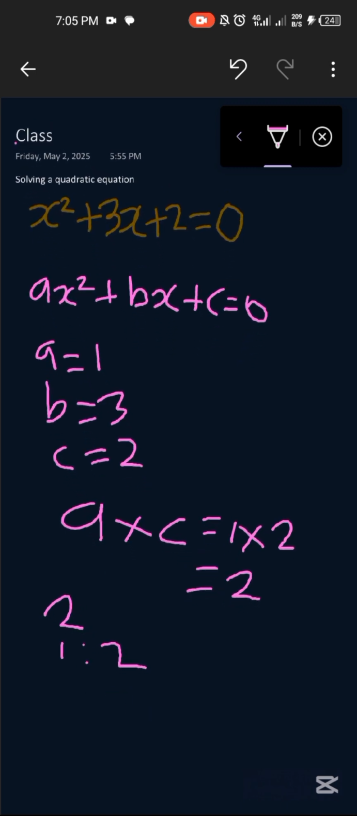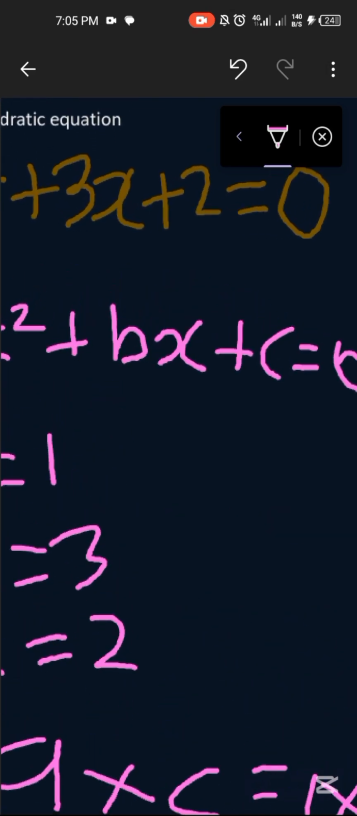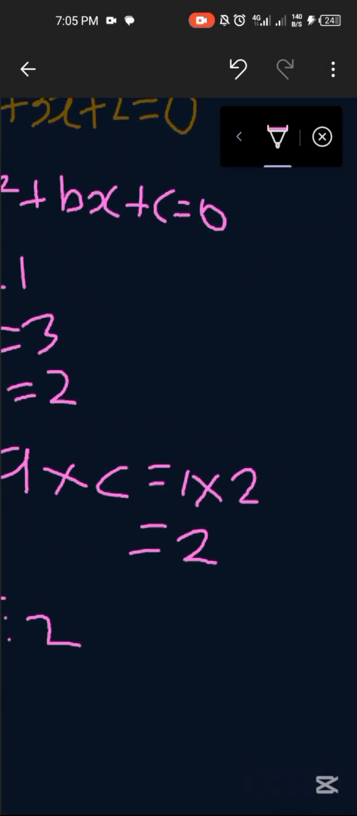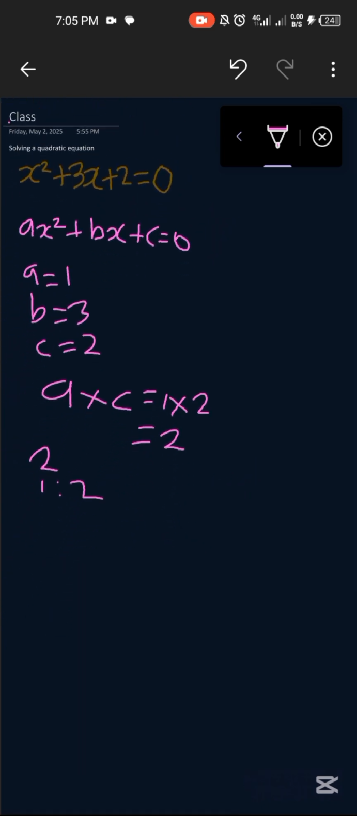To look for a way. If there were more factors, then we would have different ways of getting it. But since it's only 1 and 2, we look for a way whereby 1 plus 2 gives us the value here, that's 3x, it's going to give us the b, and when you multiply them, it's going to give us the value of a times c. Since the value of a multiplied by c is positive, what we're simply going to do is just say